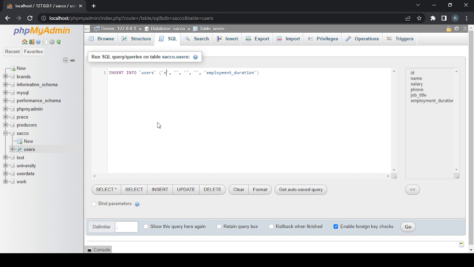This was obviously the name. Okay, we don't want to add the ID because it's going to be auto increment. Here's the salary. Here's the phone. And there is the job title. Okay, so these are the columns that we're going to be inserting into. What are the values that we're going to be using? The values are going to be